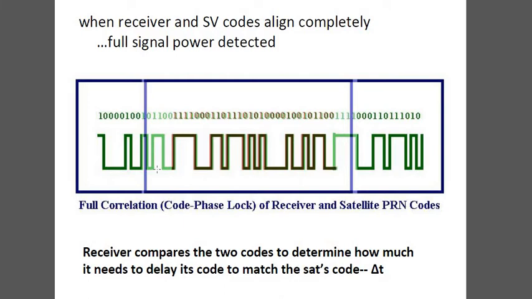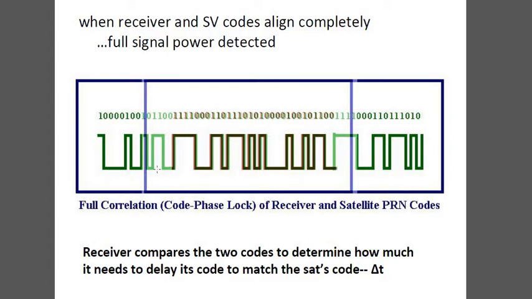Here also, in a similar way, if the code in the signal you are receiving from the satellite is the same as the receiver's code, then you will be getting the proper data. So full correlation will be obtained, and you get a proper signal between the receiver and the satellite random codes.